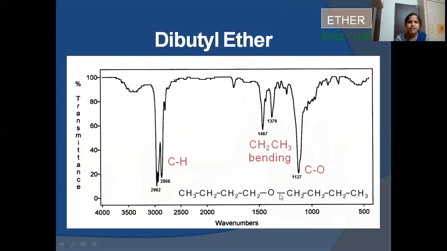What characteristic bands do we have to observe for this? The main important thing is the C single bond O band, a very intense band at 1127. All the functional group bands will be intense. So if it is a very intense band, that means it might be due to some functional group there. And again, below 3000 it is because of sp3 CH stretching vibrations, and all these others are bending vibrations.